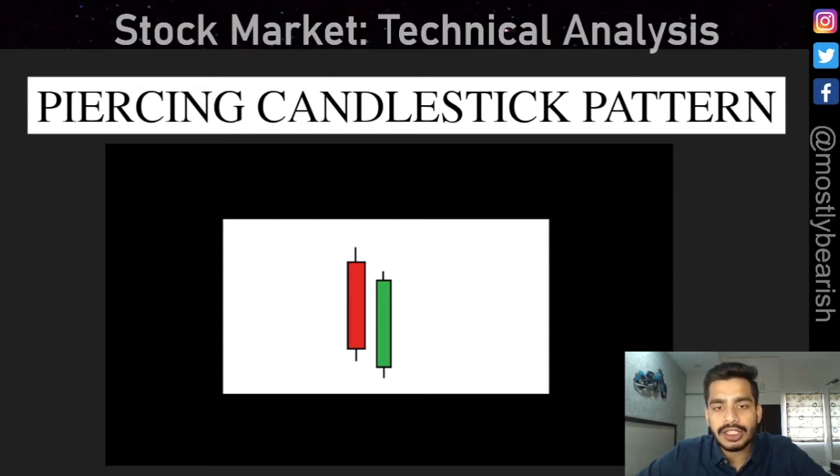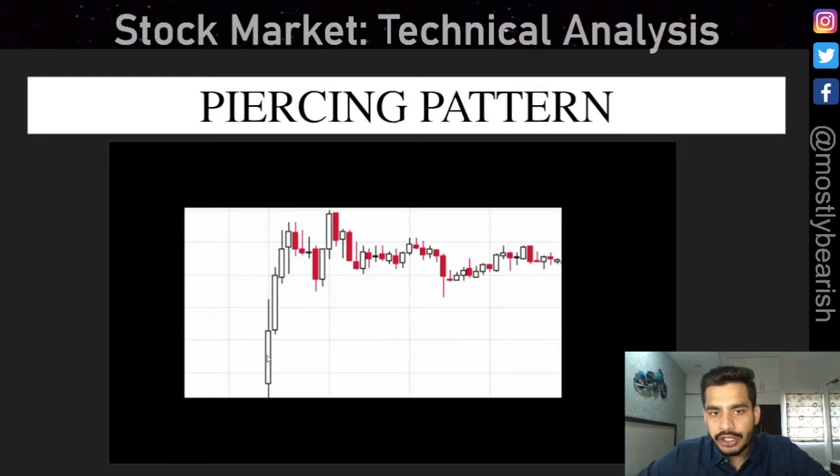Now let's take a look on chart how a piercing pattern may appear. So the first trend for initial 4 candles was upwards. The next 4 candles, the prices started coming down, right? If you see this here, we can consider this to be a piercing pattern. The big red candle followed by a green candle. There was buying pressure here and you can see the next candle itself went upside, right? So this is what we can consider to be a piercing pattern.